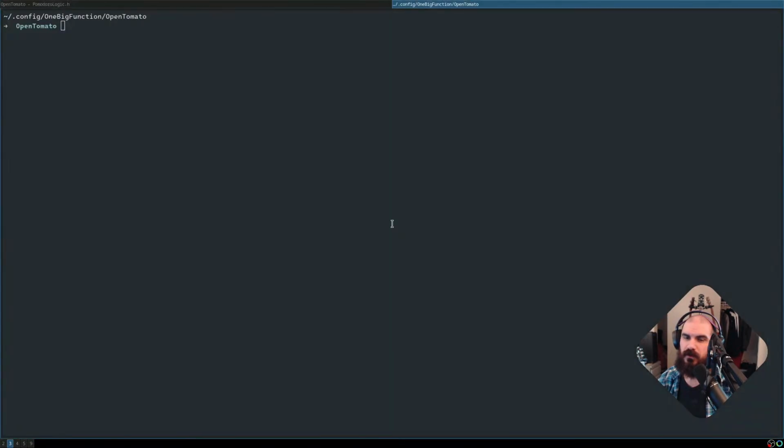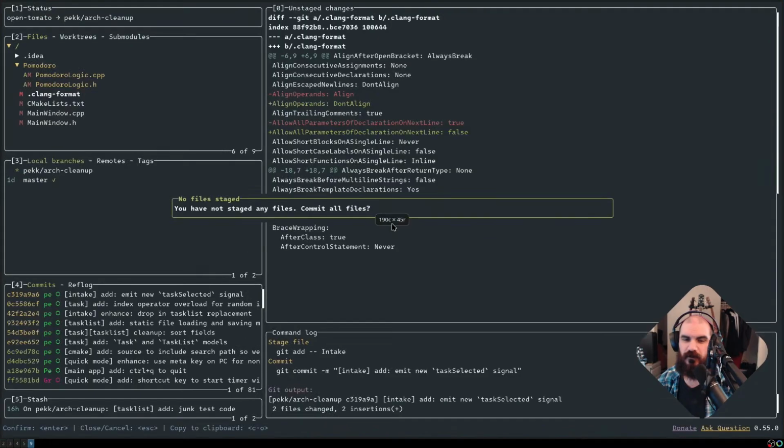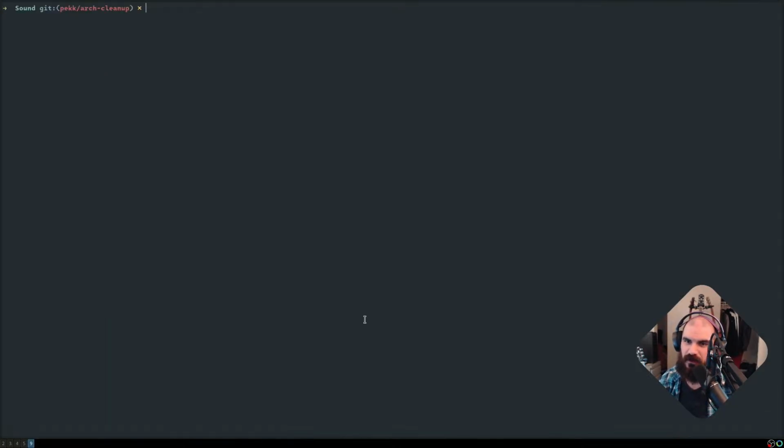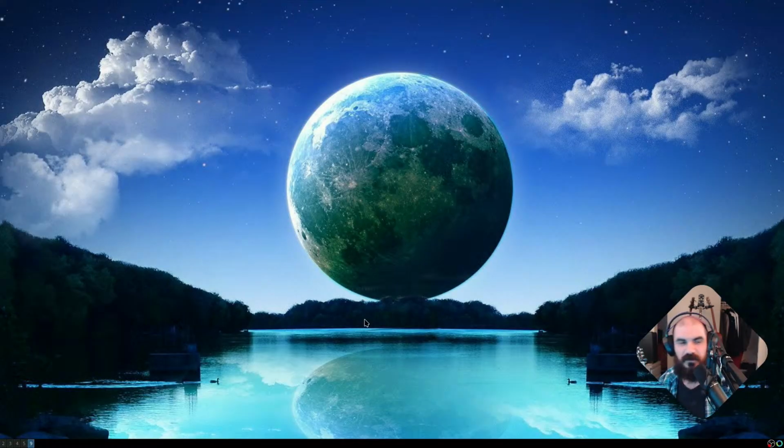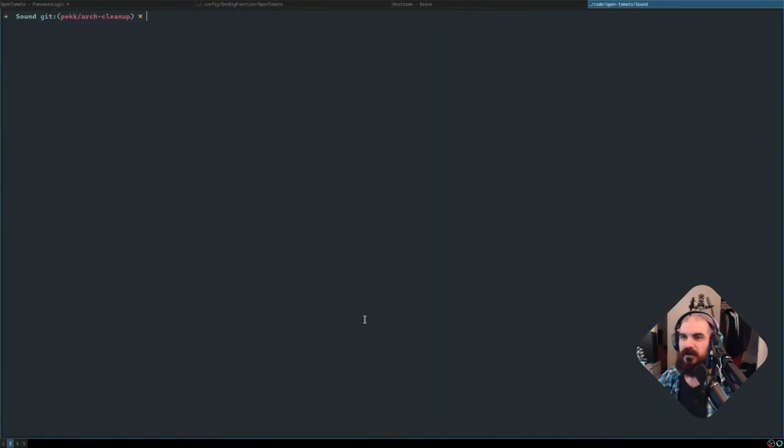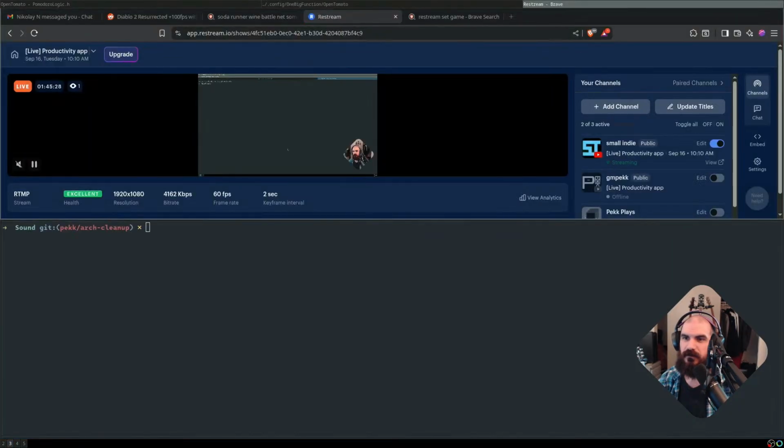Okay, I lost one of my terminals now in all of this. How did I do that? Oh, it went here. Let me quit lazy git before I break something. There we go. Oops.